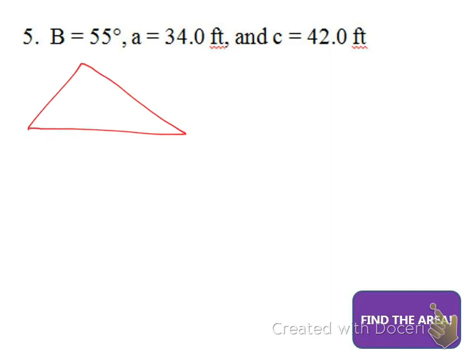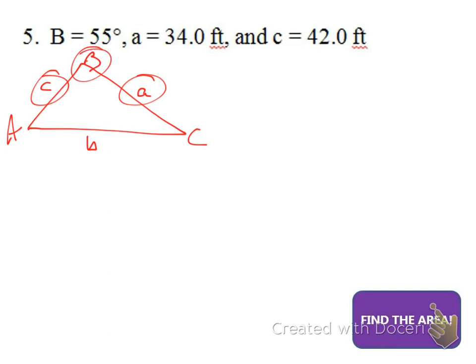Draw it however you want. We don't know what it really looks like. Label it A, B, C. That means that this is side B, this is side A, this is side C. Now we've been given the length of A, the length of C, and angle B, which means that we can